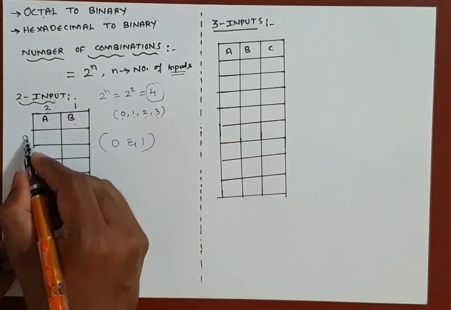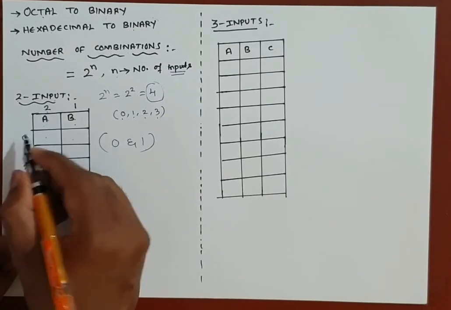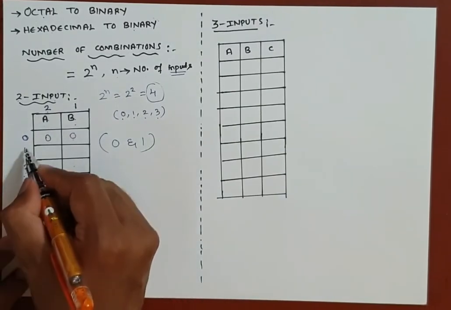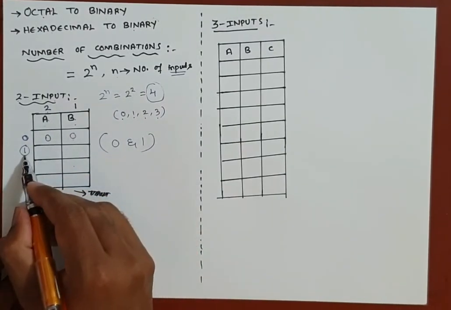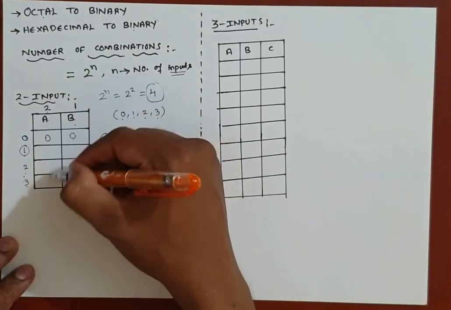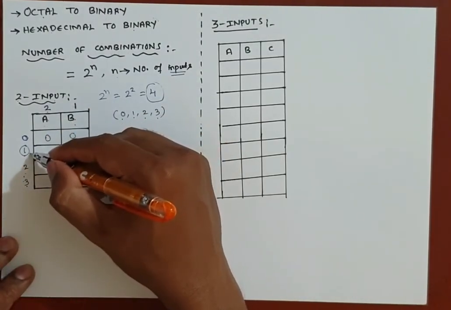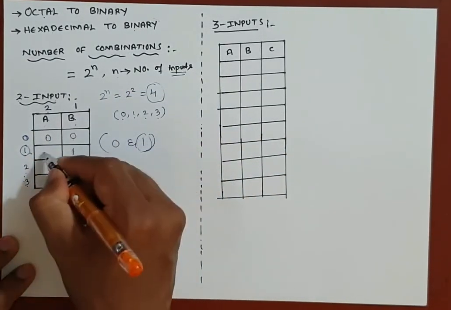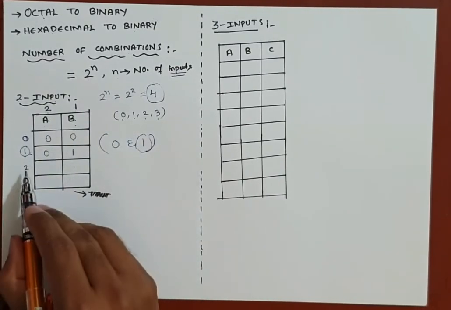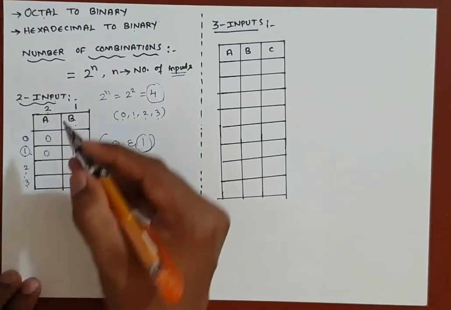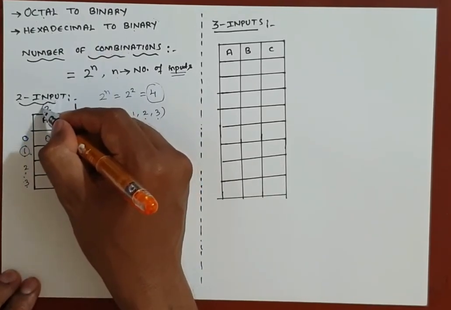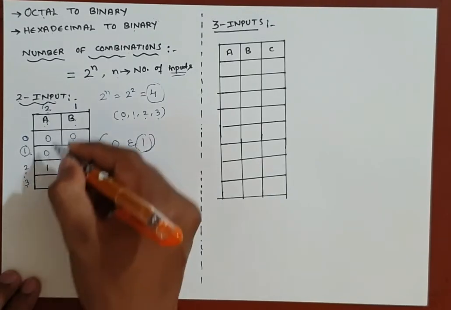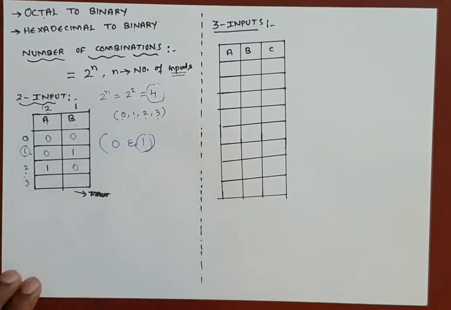Now, to generate the result as 0, we have to place zeros in both the columns. Next, to generate the result as 1: this is the A column and this is the B column, and we need the result as 1. Because of that reason we use the 1 in the B column, and the remaining entries are 0. Next, we require 2. It means 2 is present in the A column, so I will place 1 in the A column, and the remaining entries are 0.